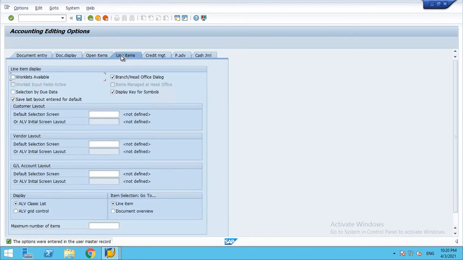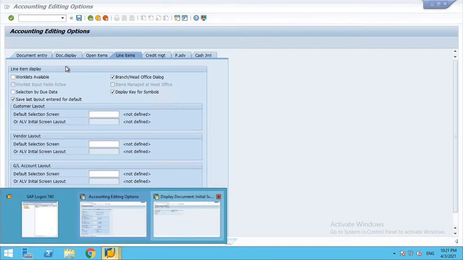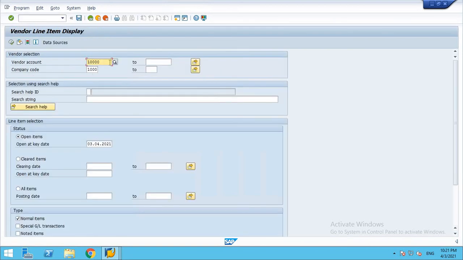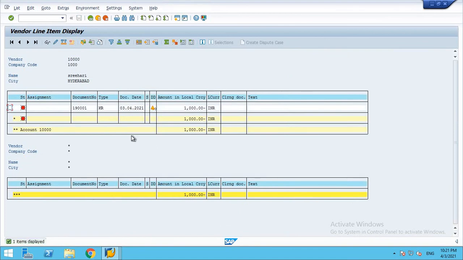Now let me go with one more option, under line items: line item document overview. Let me see what it will show. Let me execute. There is only one line item I have created.